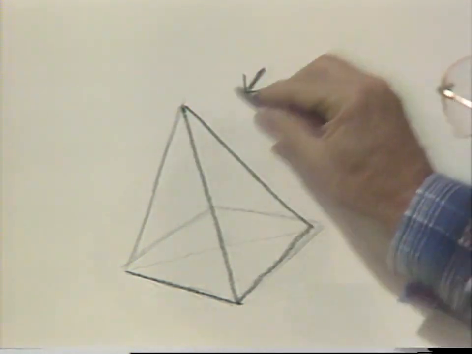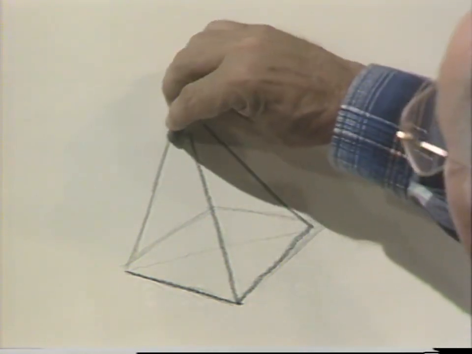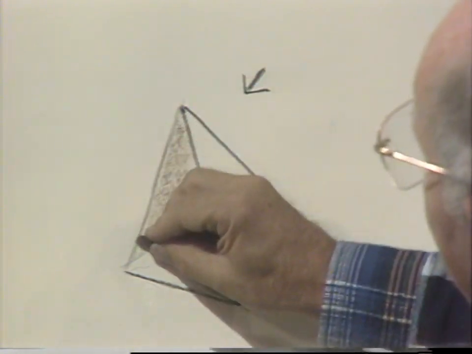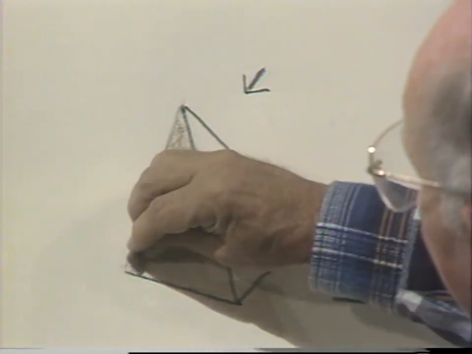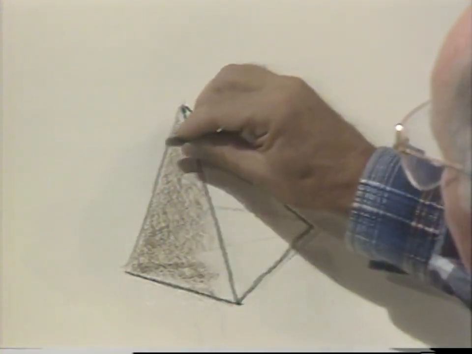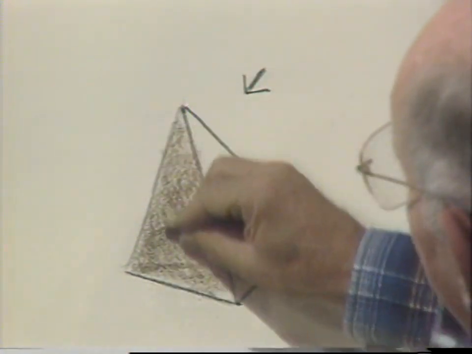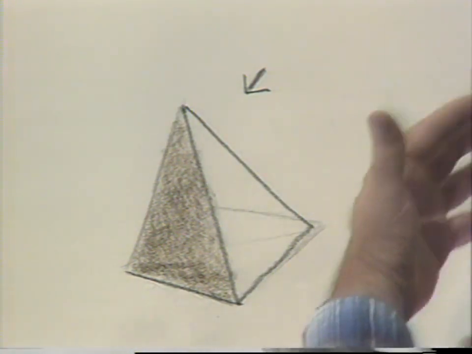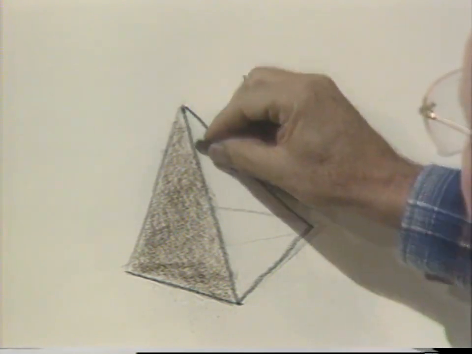The side opposite to the light is going to be your darkest side. So this is opposite. I would shade this side the darkest. However, if the light is a little past center this way, then this side here may have a little shadow